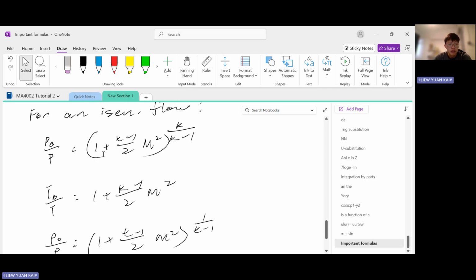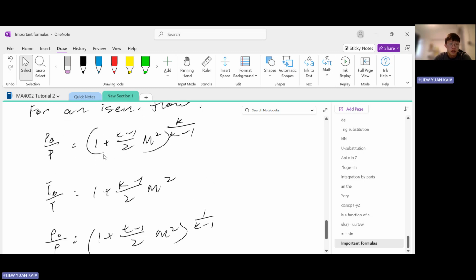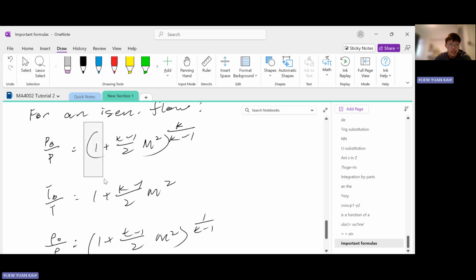What's the other important thing from this set of formulas? Well, take a look at the right-hand side of each equation here. What do you see are the variables in here? Well, first of the variables I can see is K, right? K appears throughout each of these formulas. But remember what I said, throughout most of this course, we will just be dealing with K equals 1.4, which is air. So we don't need to care about K, we can treat it as a constant.